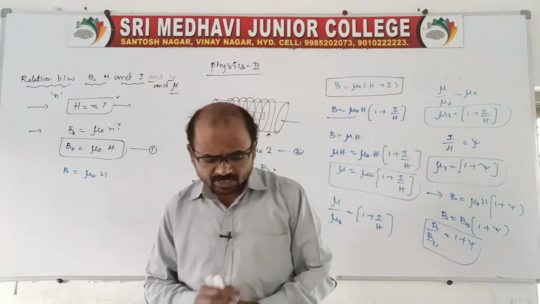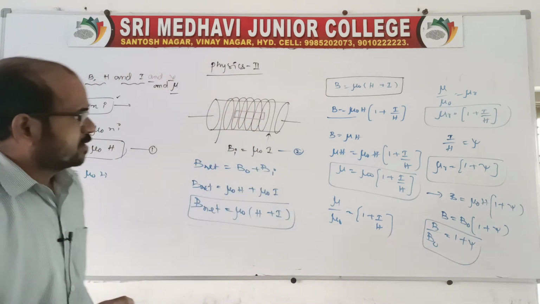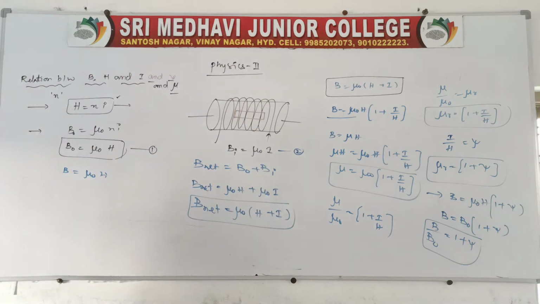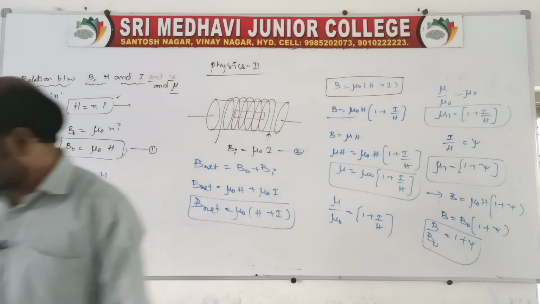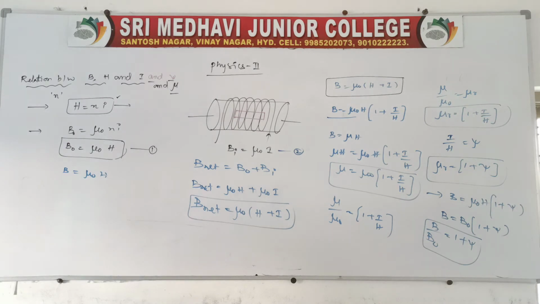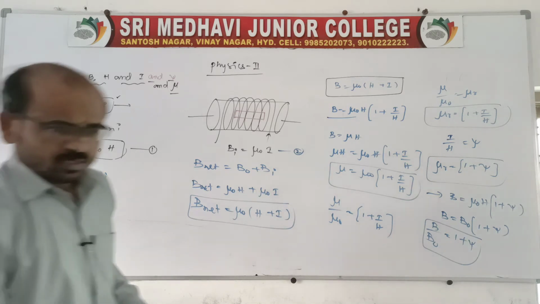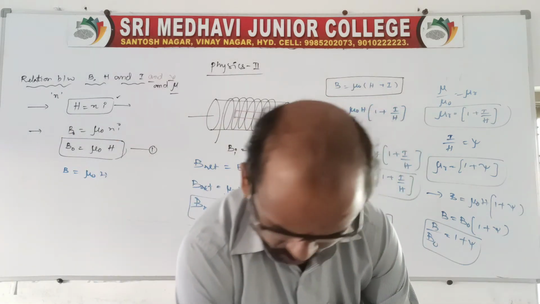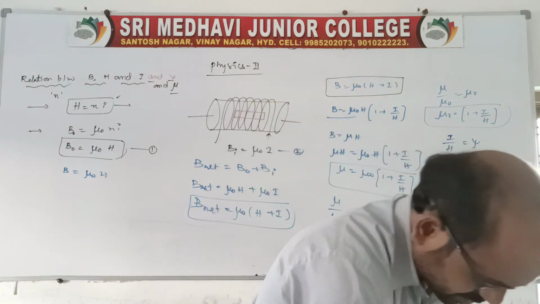Clear? So the relations are related to what we can say about B, capital H, capital I, Xi and mu. Clear now? No. We'll move to the next one. So problems on the basis of this, I'll tell you. First you go through all this, then after we'll see, right? So there are some problems given on the basis of this.